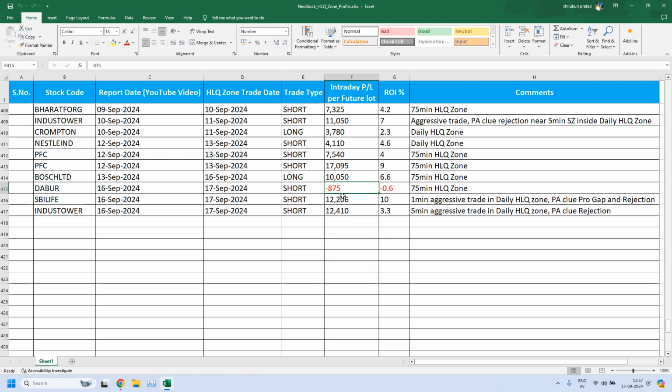You would not have taken a trade at the 9:15 candle. But I'm registering it in case anybody's order is executed at 9:15, we have to consider our HLQ zone failure. See, sometimes on the 9:15 candle we are getting successful trades. Your order might not have been executed, but sometimes we are getting 6%, 7% ROI also